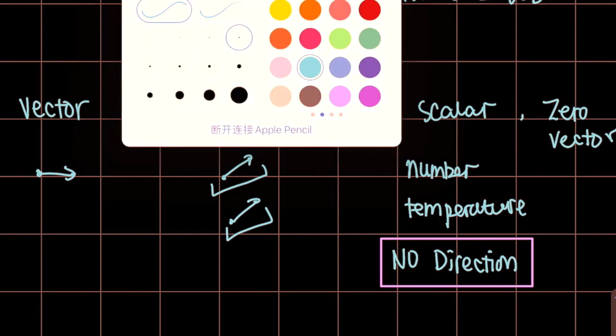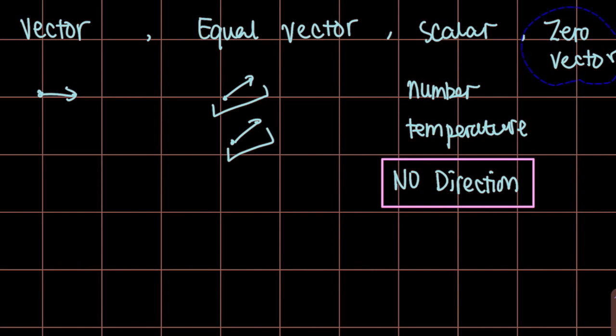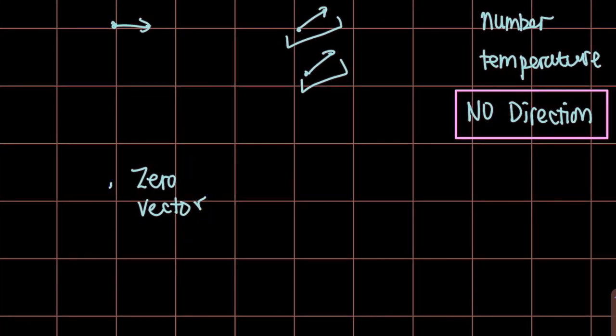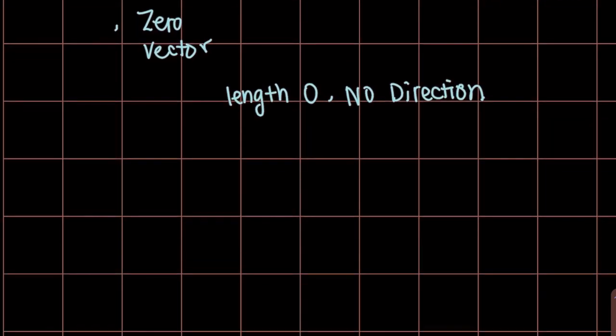Zero vector is very interesting. Okay, let me move that to here. Zero vectors have length 0 and no direction. Okay,